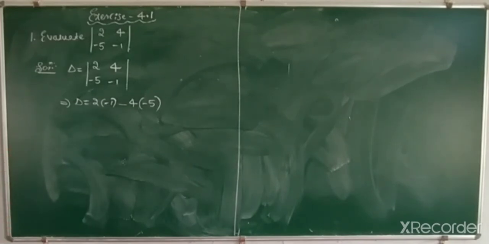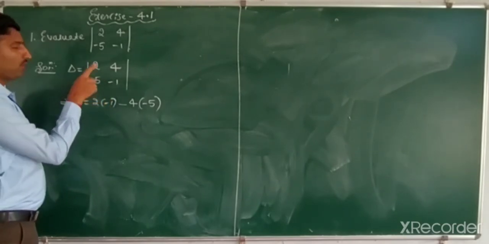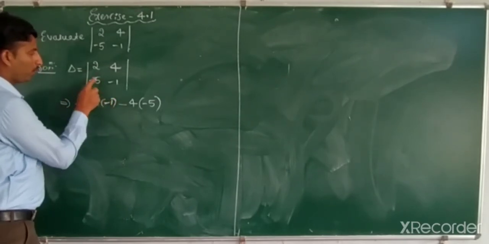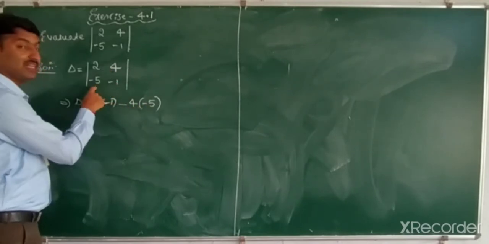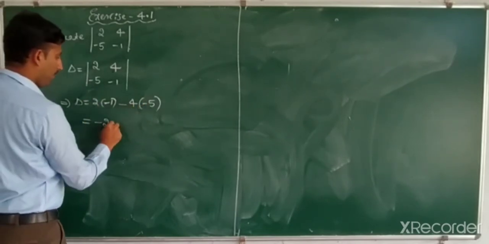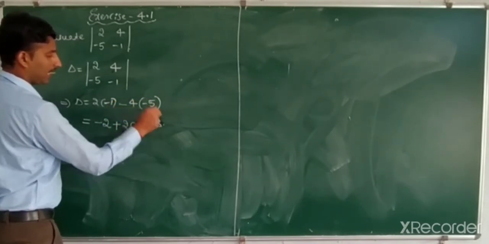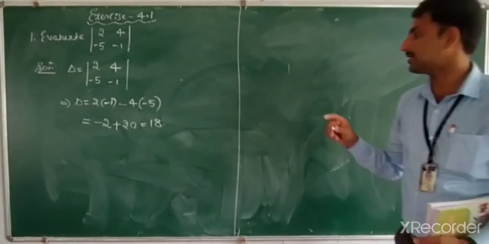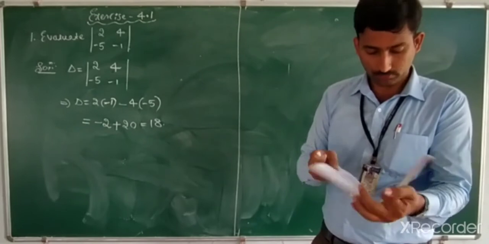It is very difficult if you are absent minded. If you are absent minded, then it becomes wrong, because it carries one more question in the main exam. 2 into minus 1 is minus 2. The formula has minus, and 4 into minus 5 is a negative value, so take a bracket. Minus of minus is plus, 4 into 5 is 20, so 20 minus 2 is 18. Answer is 18. This type of problem is simple, but if we are perfect with the sum, board marks are sure.